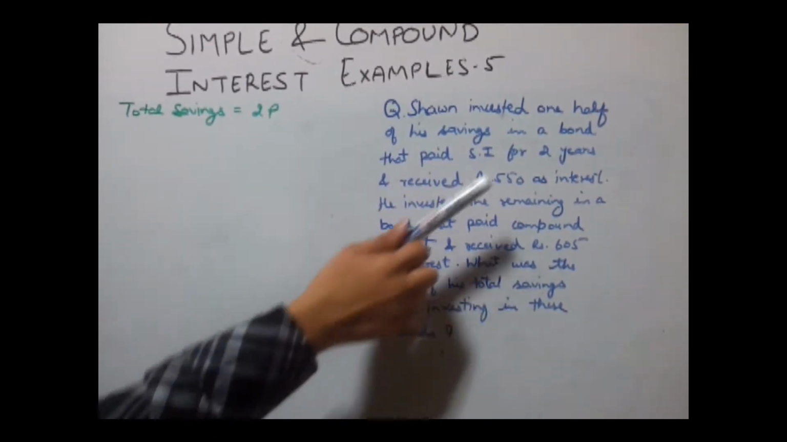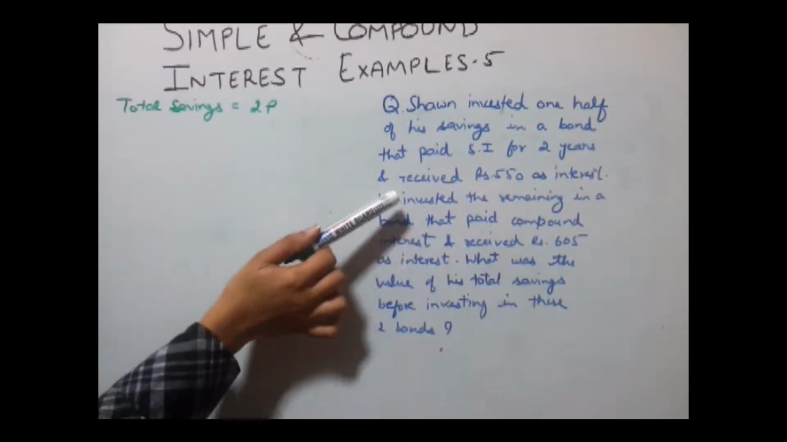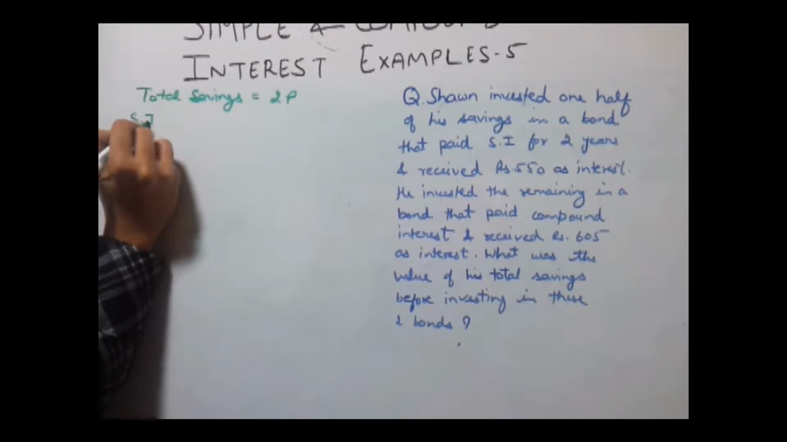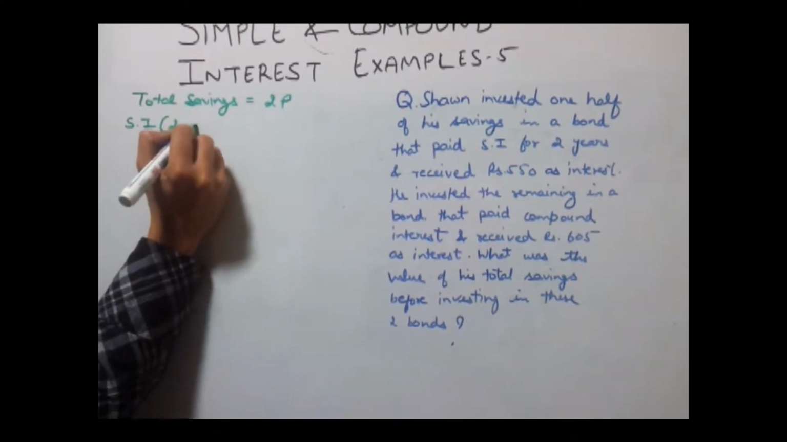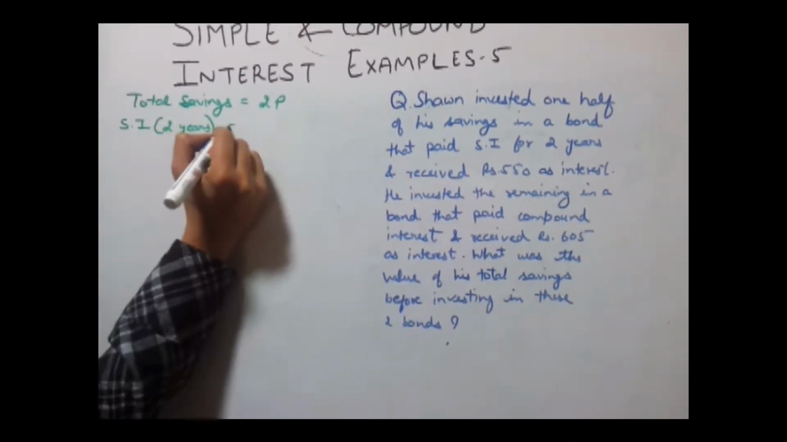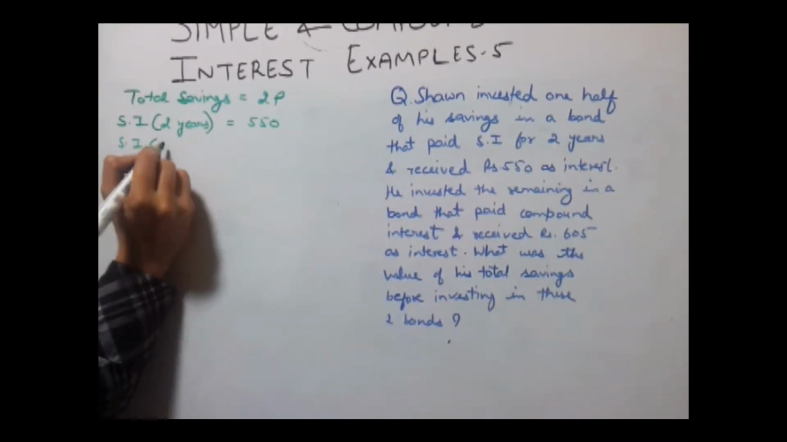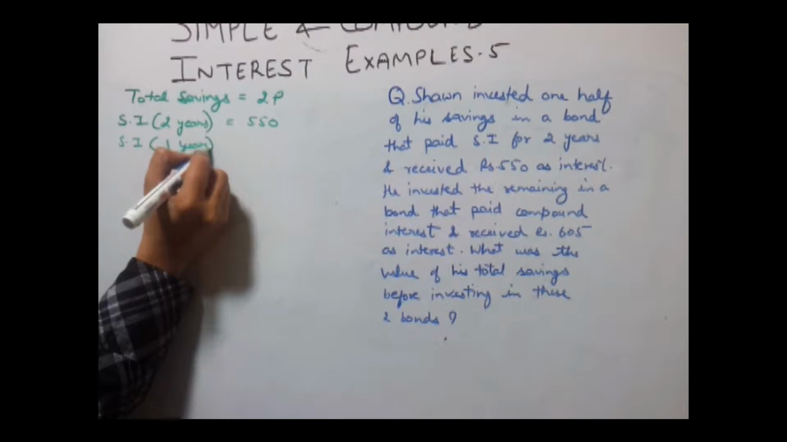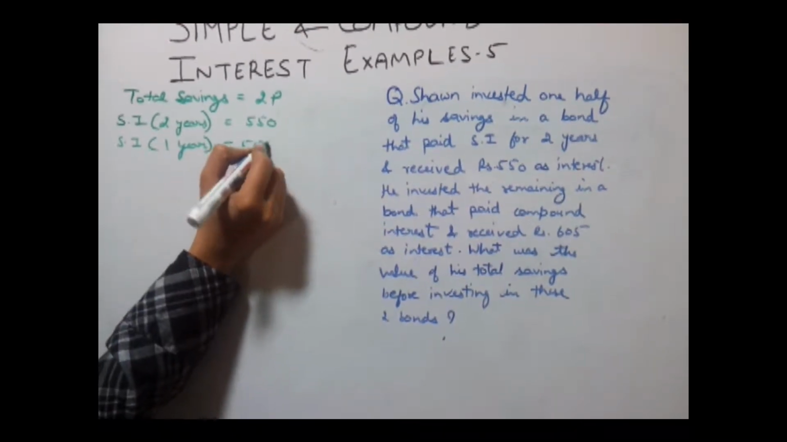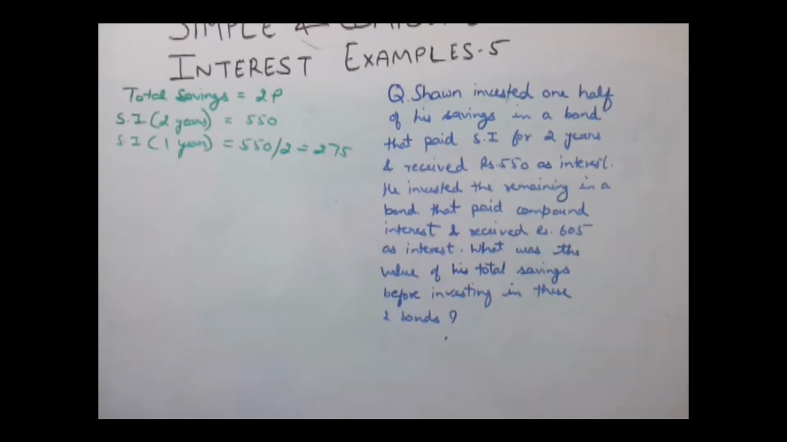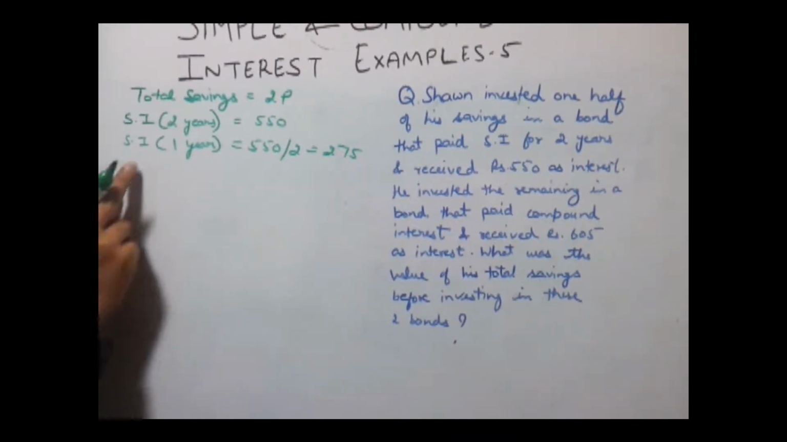Now it is given in the question that simple interest for 2 years is 550. So simple interest of 2 years is equal to 550. Simple interest for 1 year will be equal to 550 divided by 2, which is 275. And we know that